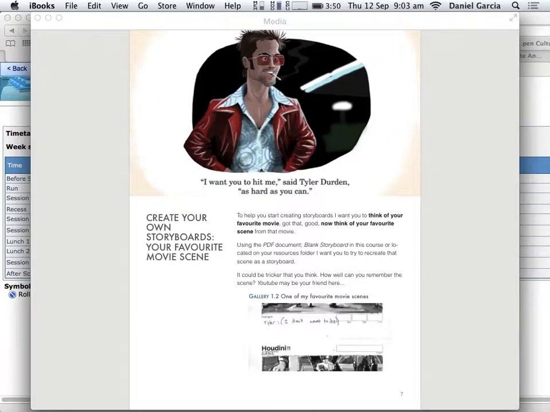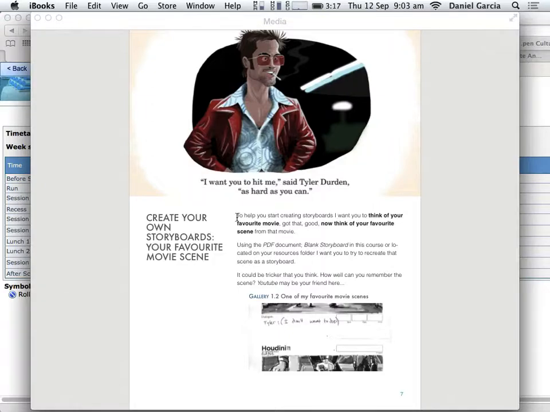And this is what we are doing. This is what we need to get sorted. So, you're doing 3 things so I know that you understand this whole storyboard process, okay? Number 1 is you are going to storyboard your favourite movie scene, okay? I will give you bypasses today so you can go on YouTube and check those out if you haven't done it already. So, your favourite movie scene from your favourite movie. The reason why I'm doing this first is because it's a little baby step, because you can see the scene that you like, so you already know how it looks. So it's really easy to do a storyboard for it.